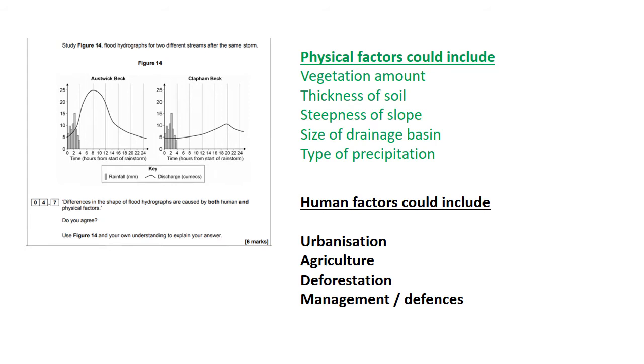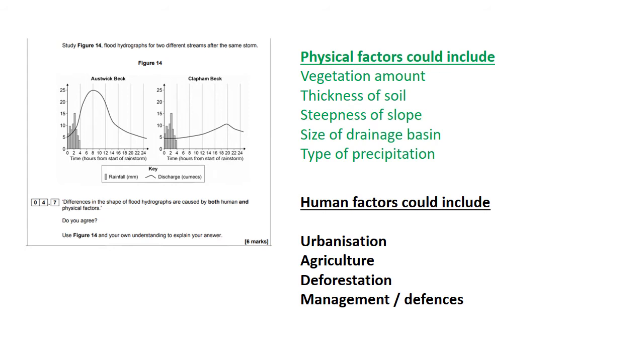Human factors, urbanisation is the one I'll actually go through in the answer. Agriculture, if you're ploughing your fields down towards a river, you create channels for the water to rush into, and therefore it reaches the river faster. That therefore means you're likely to have a faster rising limb and also a higher peak discharge. In addition, when you're ploughing the land, it compresses the soil together, so it actually makes it impermeable, so water